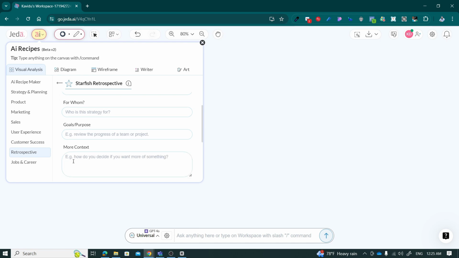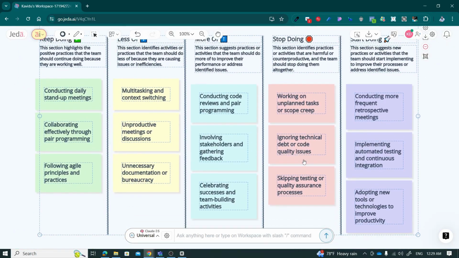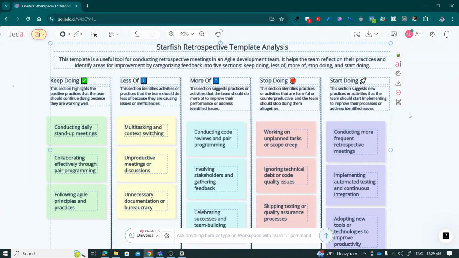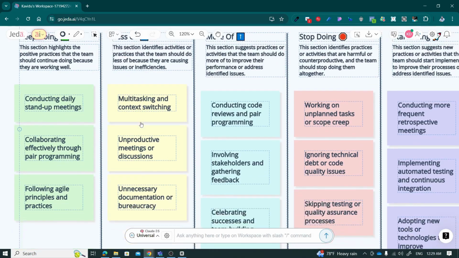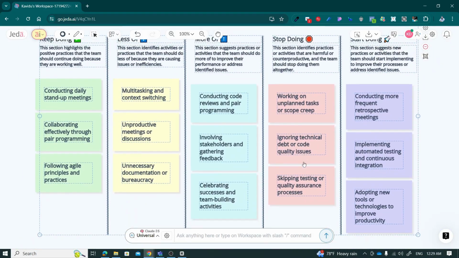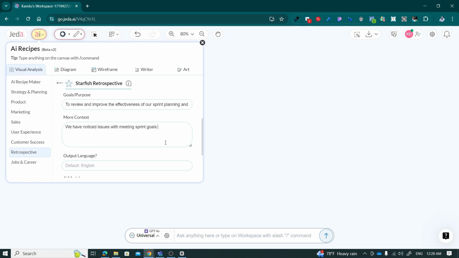But what exactly is a Starfish Retrospective? It's a structured method that helps teams reflect on their activities by categorizing feedback into five sections: keep, stop, start, less of, and more of. These categories help in identifying what's working well, what needs to stop, new initiatives to start, activities to reduce, and